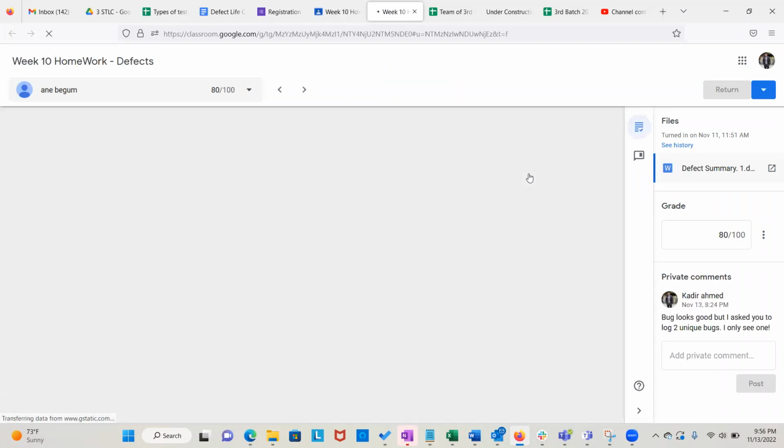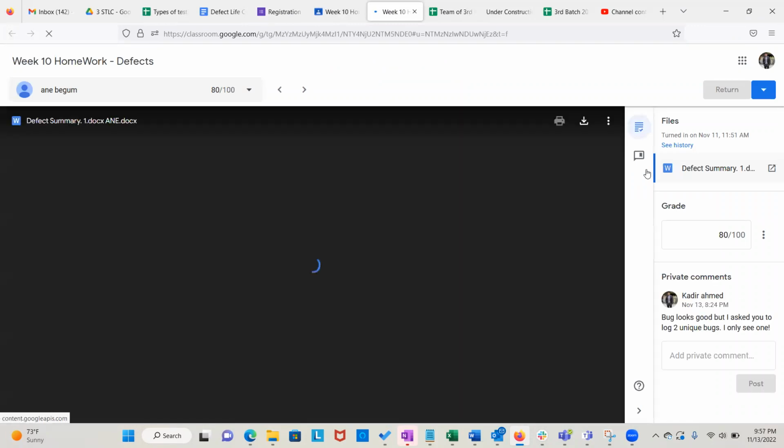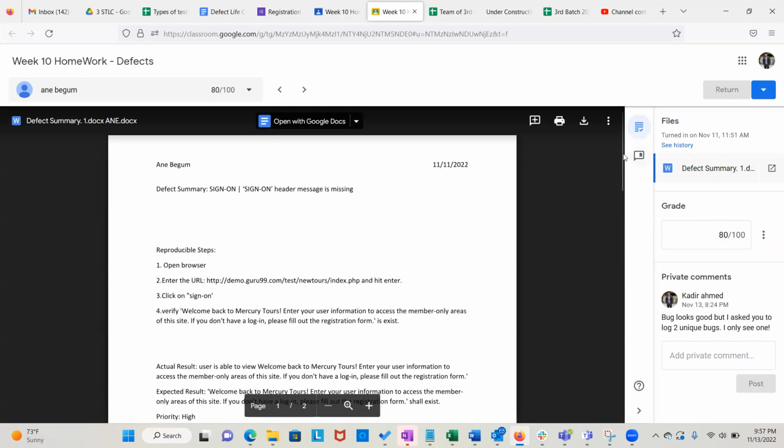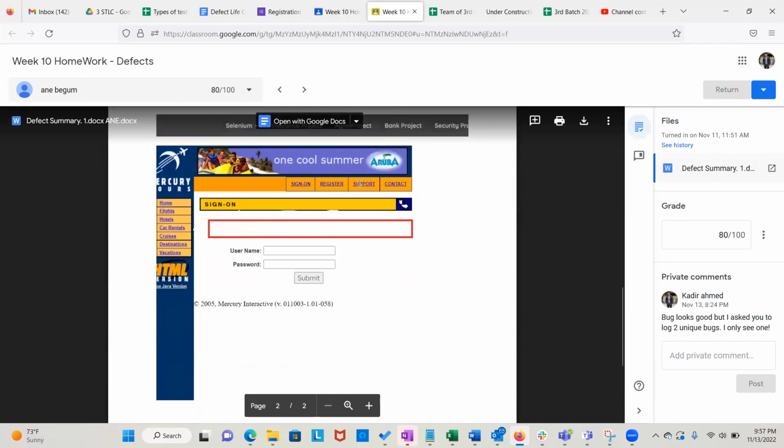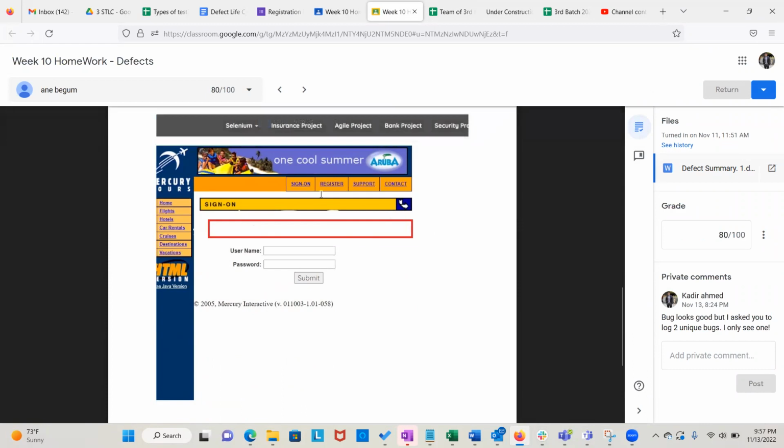So when you log the bug, you are providing evidence. Okay, I have logged this bug, there's an issue here, and here's my screenshot, right? So when the developer fixes it and you test it and you see it's fixed, you want to provide your evidence again to make sure that it's recorded. You have tested it and this functionality is working. You want to provide the evidence. And why? You don't have to, but when we teach you, we teach you the best possible practices. A lot of people do not do that.